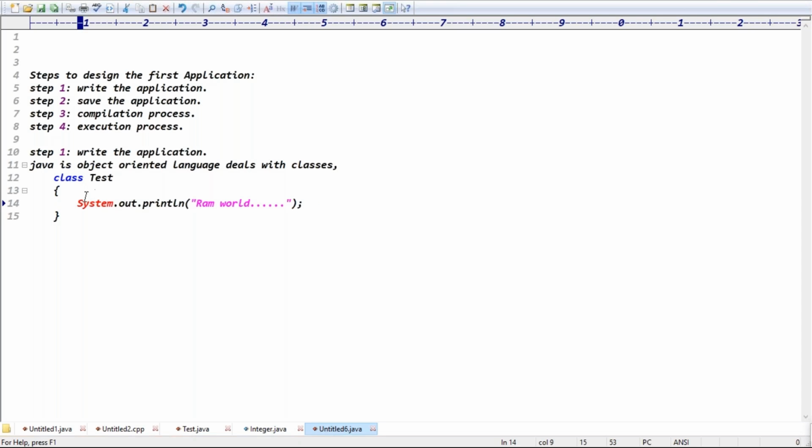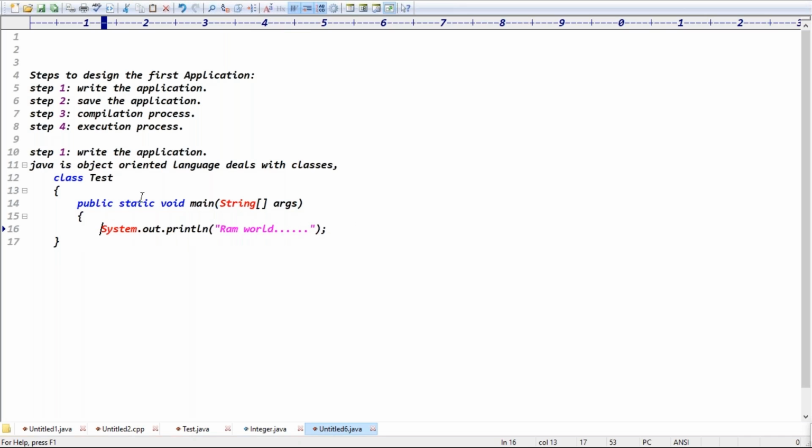Inside the class we define the method. It may be the main method, it may be an add method. What is the method here? Can I define it like public static void main? Basically it's the main method. What is the main method? I'll tell you. Just slowly you'll understand point by point, guys. But try to understand step by step.